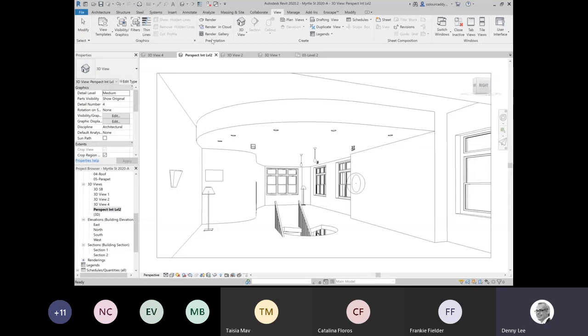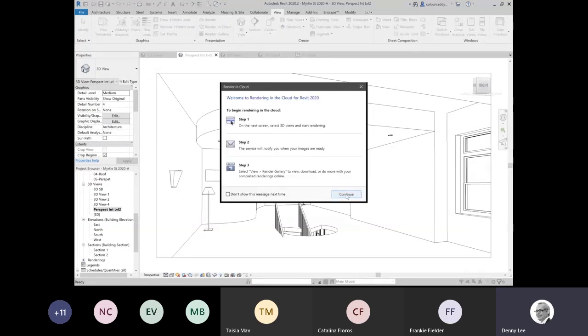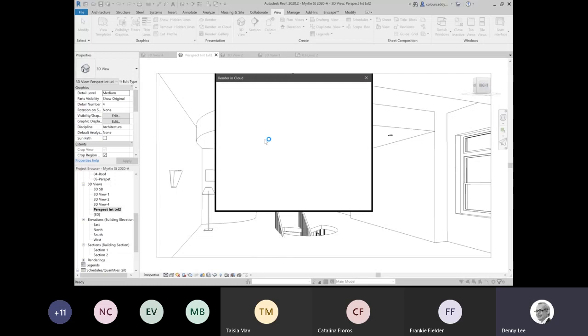So again, on the View tab, I'll go to Rendering, Cloud. I showed you this last week. Normally here, I'll just tick do not show this message so it doesn't keep coming up. It's just information. There's nothing you can do here. I've just left that so that I can show people what happens when it comes up. It's just information for you to read. Here, all you can do is hit continue. But then on the next page, you do need to put in some settings. So if you remember from last time,